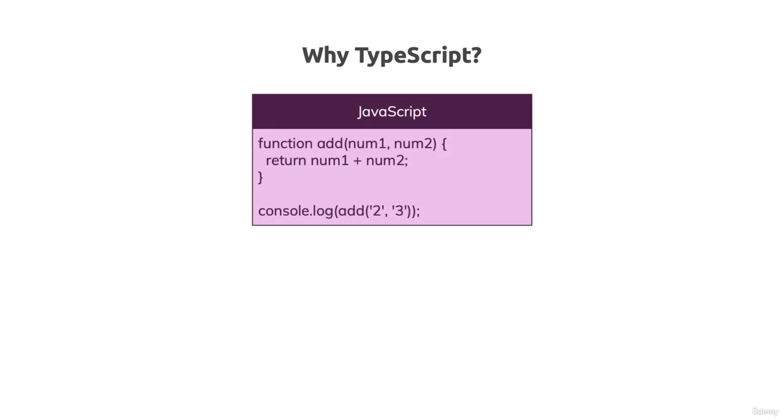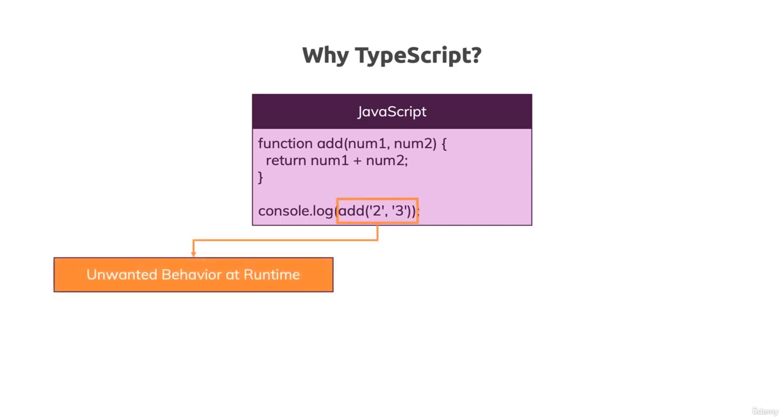Consider this example. A fairly simple JavaScript function which adds two numbers. Now when I call it, please notice that I'm passing in two strings instead of two numbers. And I'll show you a real example where something like this could happen realistically in just a second. So we're calling this function with two strings, and as a result what you would actually get here is probably an unwanted behavior, because if you add two strings, JavaScript will concatenate the strings instead of doing a mathematical calculation here. So the result would not be 5, but 23, a concatenated string of the two numbers.